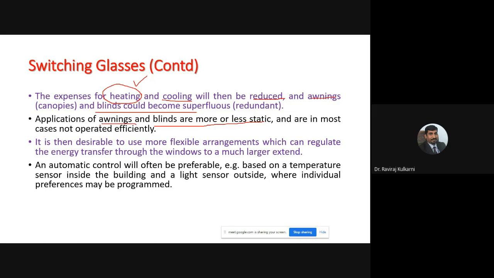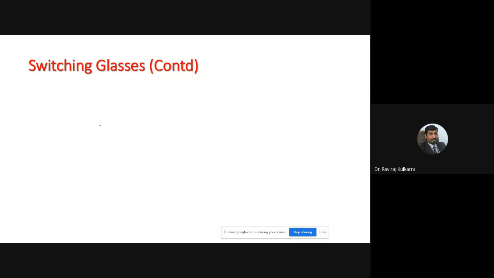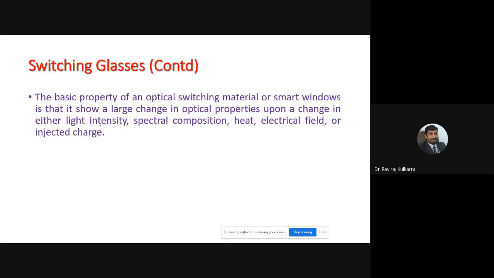If you use light sensors or temperature sensors, you can regulate the switching glasses or electrochemical windows. Once you program it, everything happens automatically. Control of energy transfer through windows is important in connection with energy economizing. The basic property of an optical switching material, or smart windows, or switching glasses,